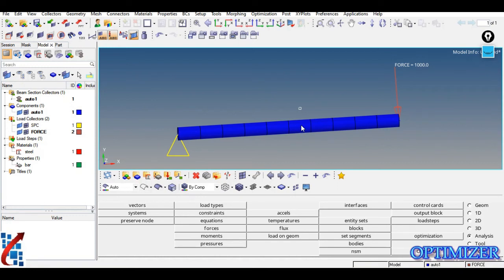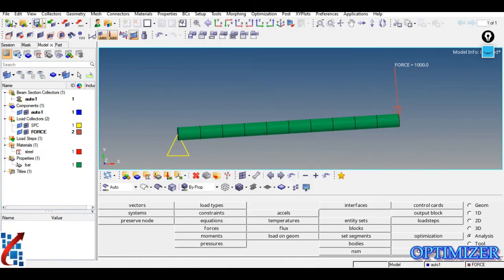Now once you have checked all the entities, so this is by component: whatever color is assigned to this component will be displayed on this model. Now suppose I want to check whether material is assigned or not, just go here and select by material. So this color should be assigned to this one. In the last step you need to select property, so whatever the property color is, it should be shown here. So this is how you can check the model, whether we have assigned all the things or not.